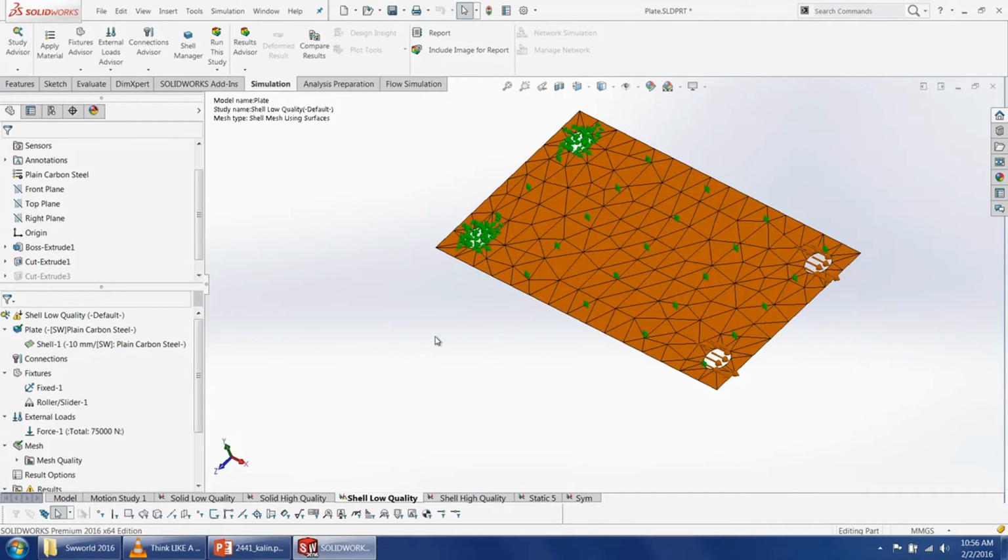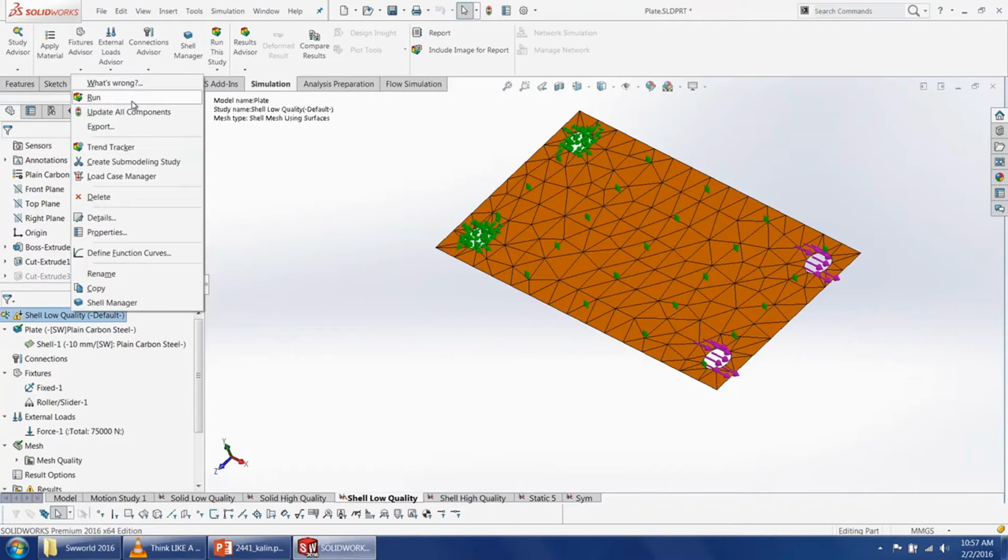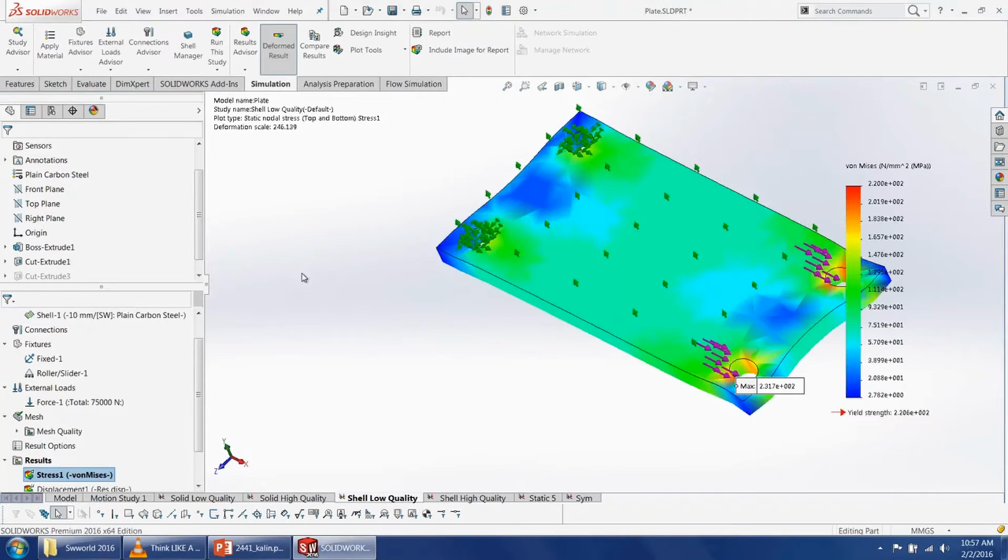It's not that the shell is just a very thin body. It's still representing the overall thickness, a 10 millimeter thick plate, except now it's doing that virtually, and I only have to mesh this thin plate in 2D with triangles as opposed to tetrahedrons. So the solid, high quality versus low quality, was something like 30 seconds versus 6 seconds for solve time. But now if I run this with the very low quality with the shell, boom,